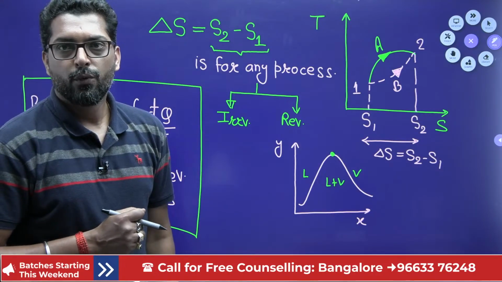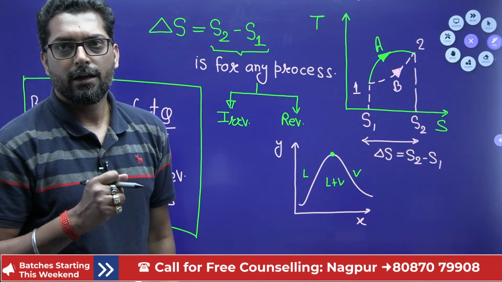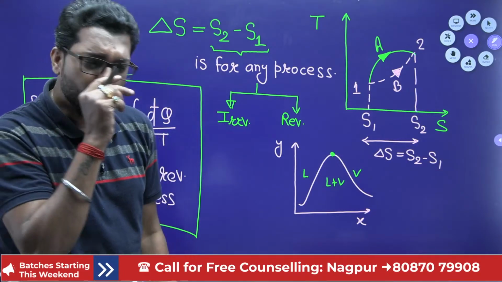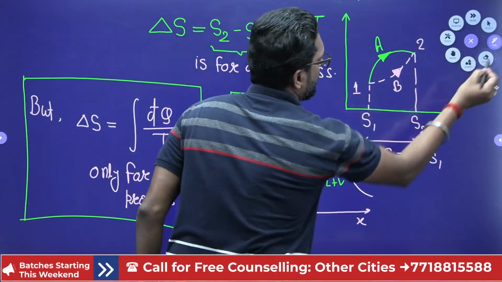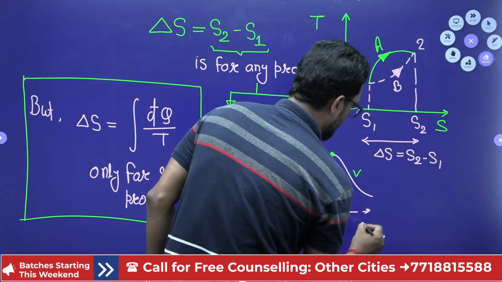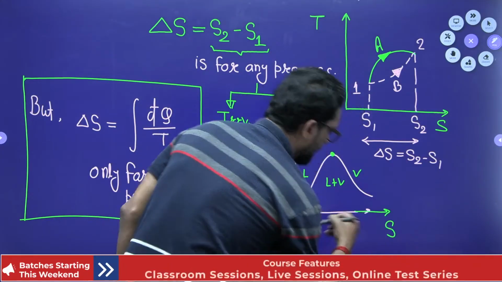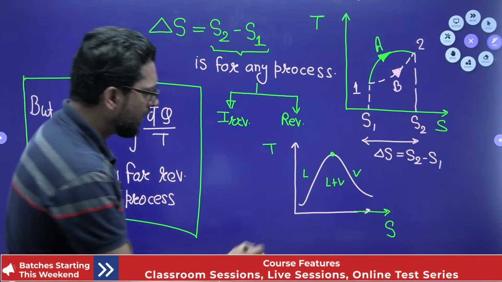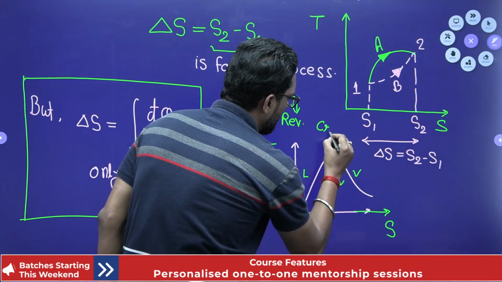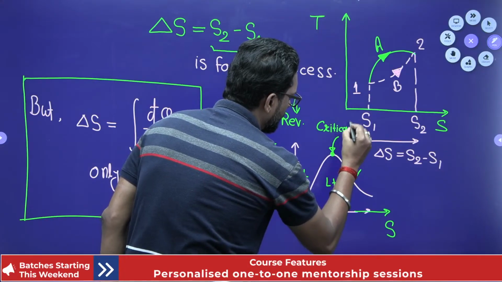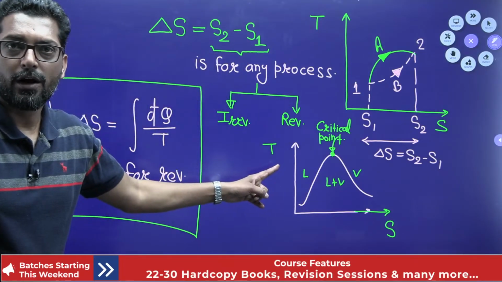Zero in the graph with line 1 to 2 won't exist, meaning the more area under the curve, the more entropy. No. See, my dear. Okay. This is your temperature and this is your entropy. This is your vapor dome, and these are not a triple point. This is a critical point, and what is the critical point? This is a critical point. Okay, this is a TS diagram.